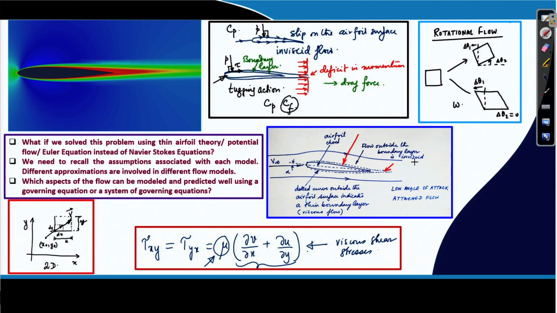There is a very thin separation, and by and large you can say that you have a low angle of attack, primarily attached flow on the airfoil surface, and beyond the dotted region you have a practically inviscid flow. But remember that this flow has a mix of viscous and inviscid regions,